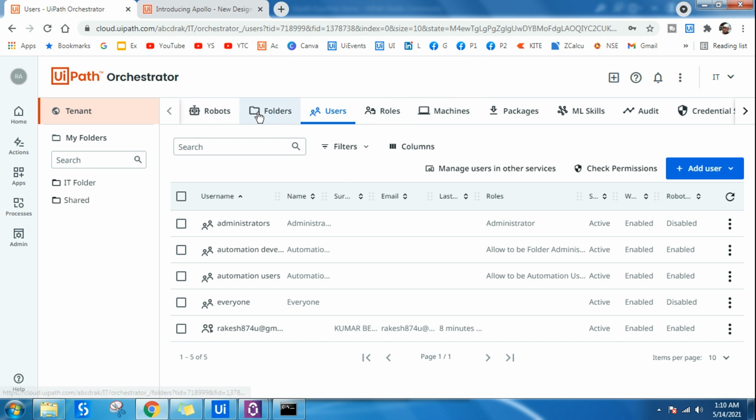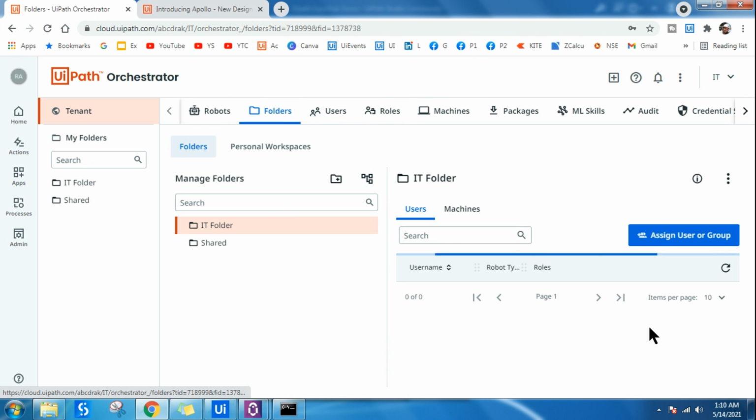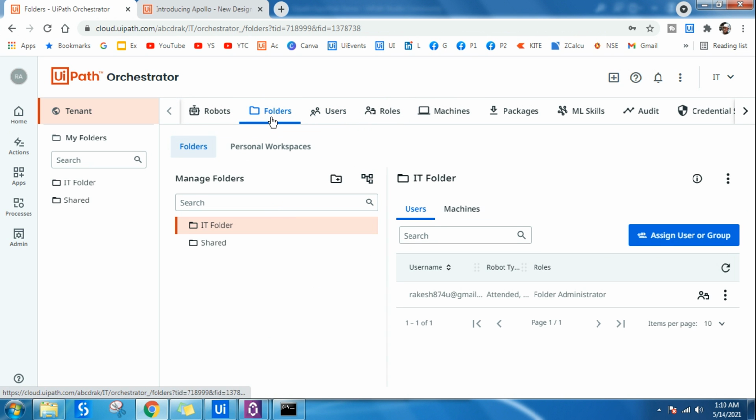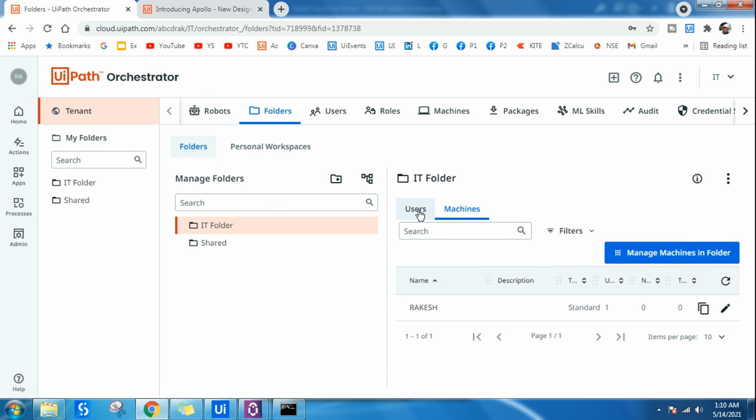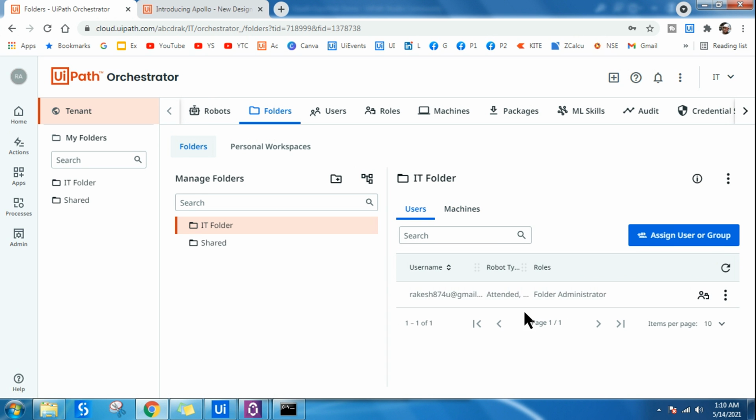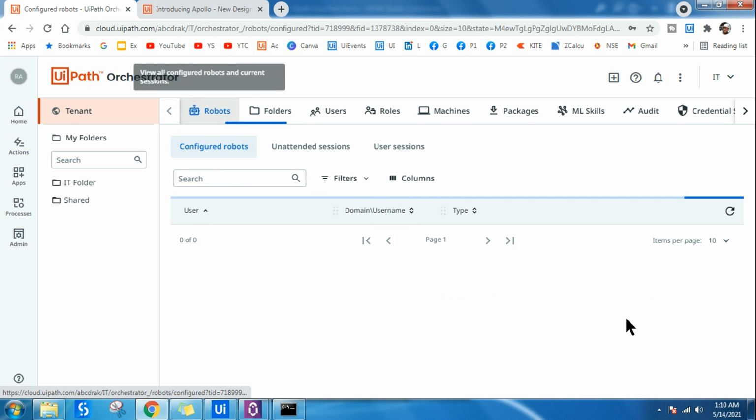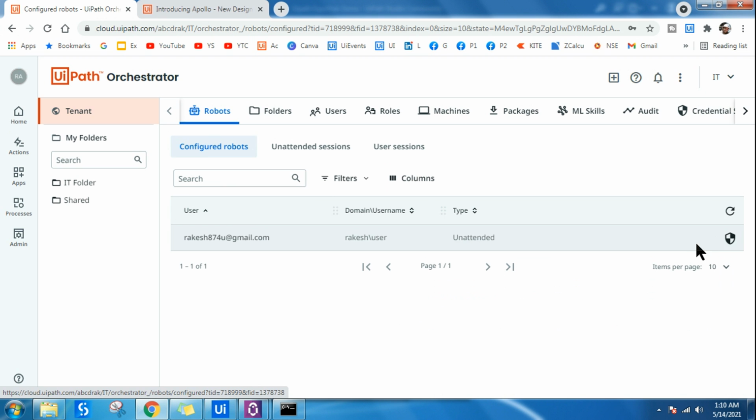Okay, so once I have updated, what has happened now, I have added the unattended robot over here. So in the folders, there are two things I have done. I have added the machines. See, I am still in tenant, mind it. So I clicked on folder and I have added the machine, and I have made a little bit of modifications in the user. Okay, so here attended comma unattended both has come. Now I will go to robots. Now if I refresh, or if you just see the screen, it has automatically added a robot.